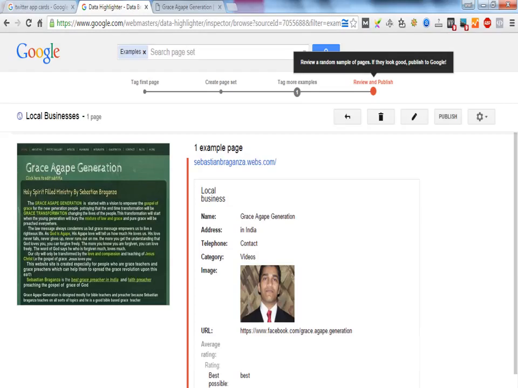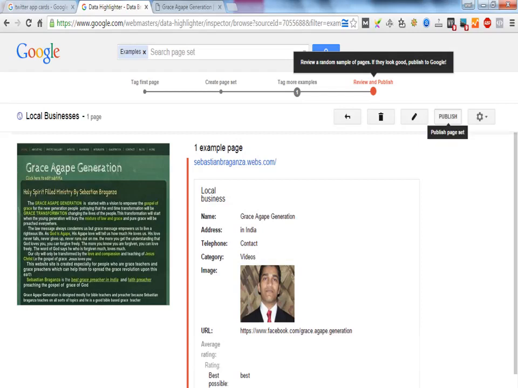So in this way, when you have tagged each and every page, you will see all this information about your business on the right hand side and on the left hand side how your business is looking. So these are all the things which I have tagged. Maybe if I want to tag certain more things, I can tag them once again by going to this back button. But if I want, I can publish it over here directly. If I'm done with this, I can review and publish. It says publish page set. I just need to click on that